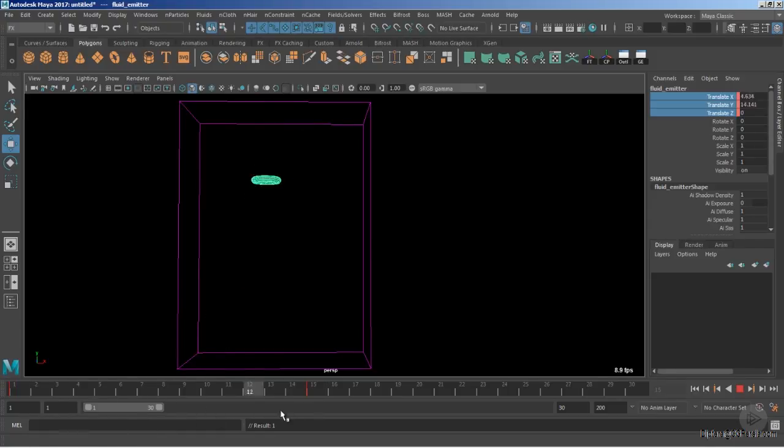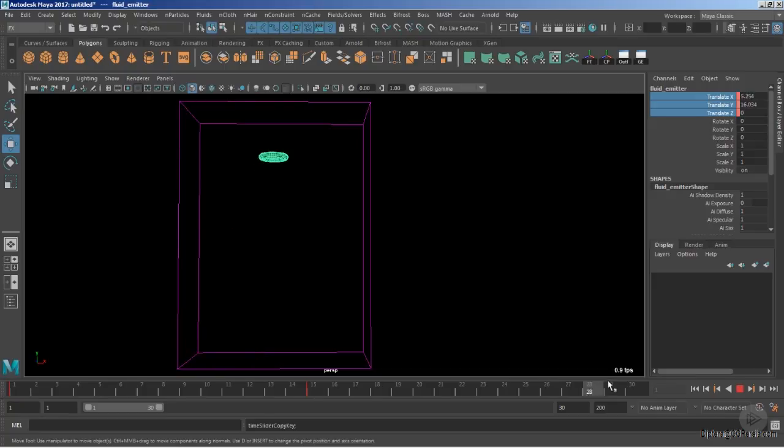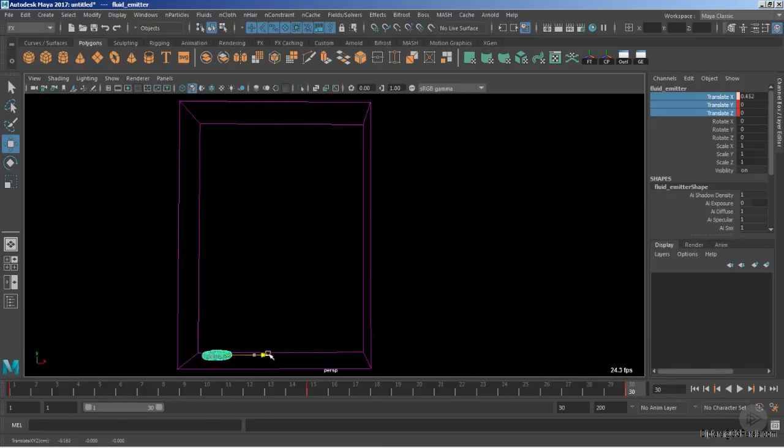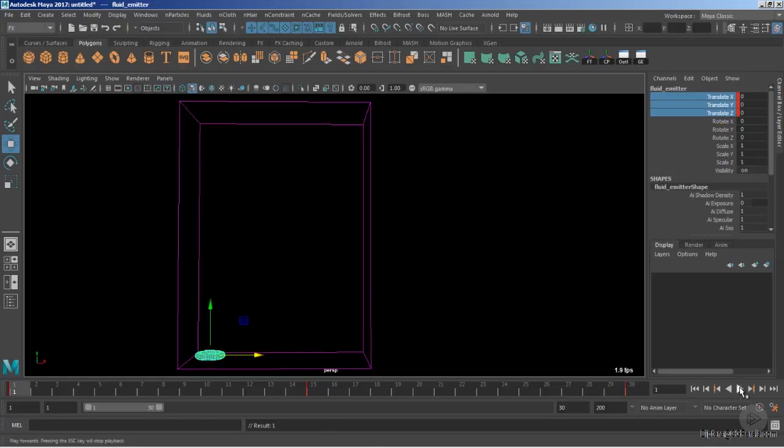So that means we have something like this. And again at frame 30, I would like to copy this one and get it back over here. The only thing I want is to manage the translate X axis. So we put the key over here. So the simple animation is some